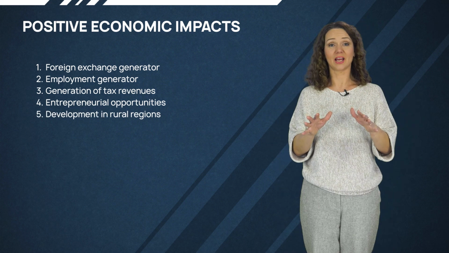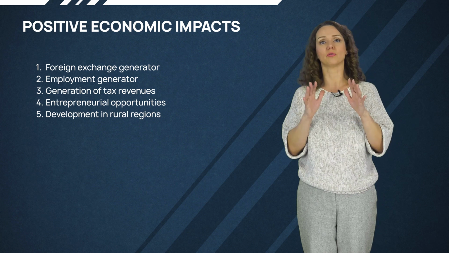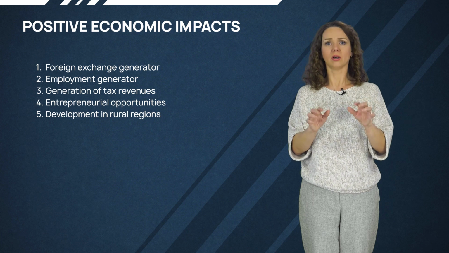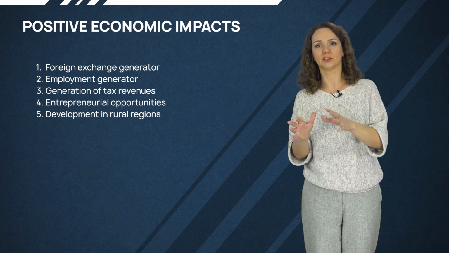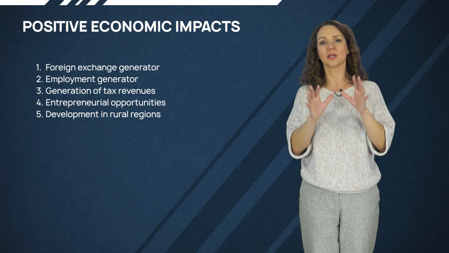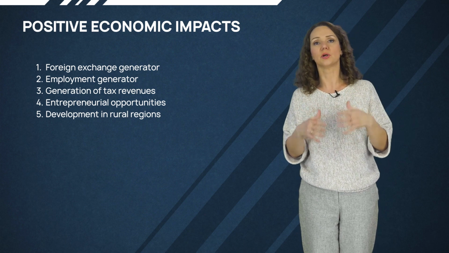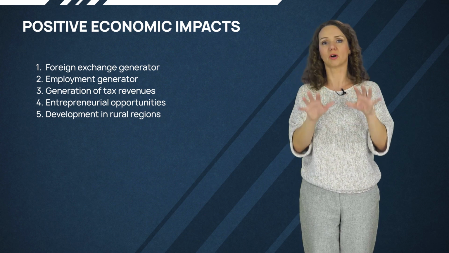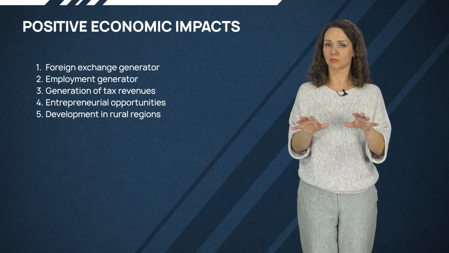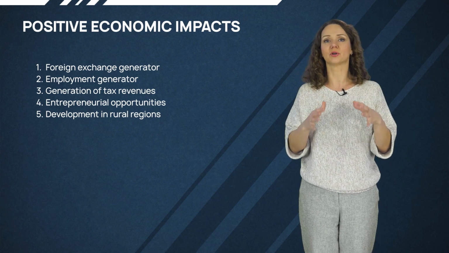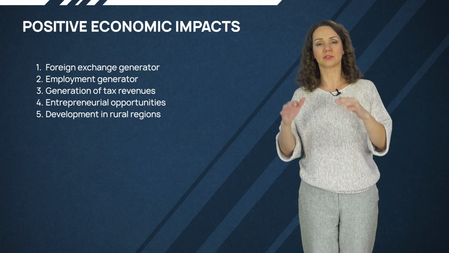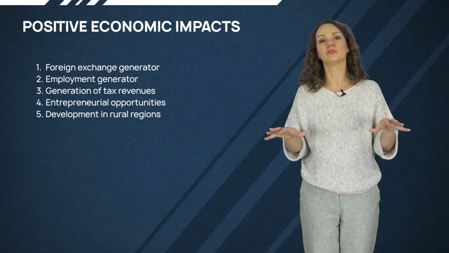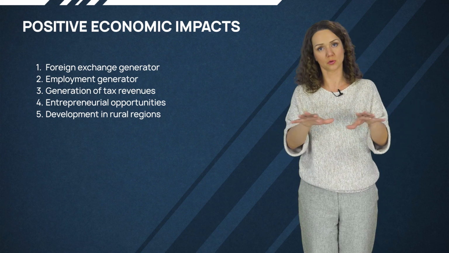Number five, another aspect is the development of the rural regions. Actually, there are two aspects of this case. There are so many types of tourism motivation and types of traveling that we can easily think about something new, some new entertainment in the rural regions. For example, we can think of some farm trips or ecological trips. Another aspect is that we can take, for example, income from the well-developed destination and provide it to the rural regions in order to make the economic development of the country's territory smoother.